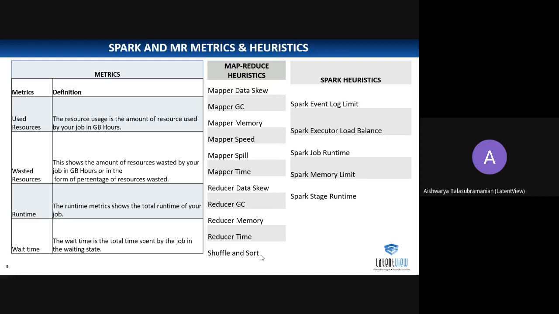We will not know if the resources or parameters we have set are completely being consumed, or are in waiting, or how useful they are, or what changes we need to make to tune a good running job. Because of this, we define the MapReduce heuristics and the Spark heuristics beforehand. These are some of the predefined rules already supported by Dr. Elephant. Are there any questions on these things?